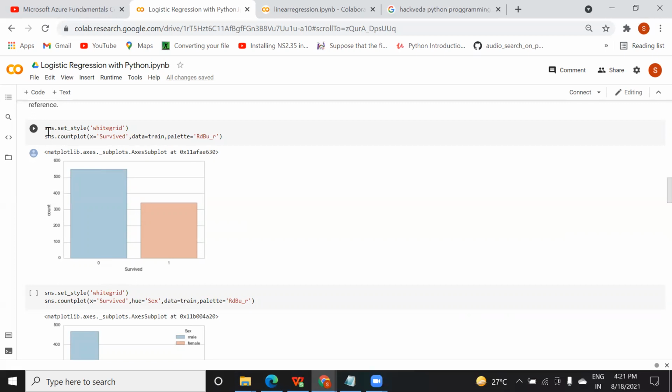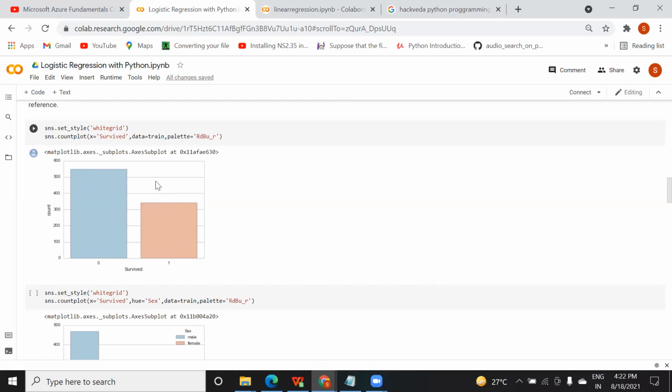So इस seaborn library से I'm just counting that in that survived column how many survived and how many deceased. So 0 is for death and 1 is for survived, so I'm just counting it. In the form of a graph it is showing, so you don't need to count every value; it can be understood that almost 550 people died and almost 350 people lived, they are still alive.